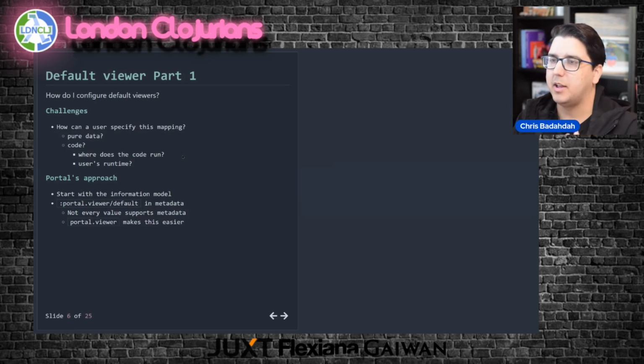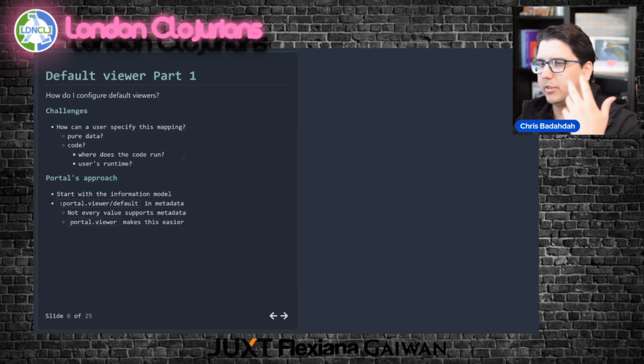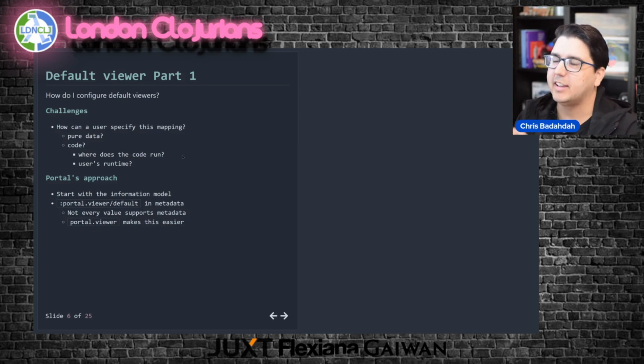And how do you specify a mapping in Clojure? There's probably two good ways. There's maps and code. The issue with maps is it's hard to put everything into a bucket. So you probably don't want to do that. We could do code. But with code, where does it execute? Does it execute on the client? Does it execute on the server? There's a bunch of sub questions that get asked.